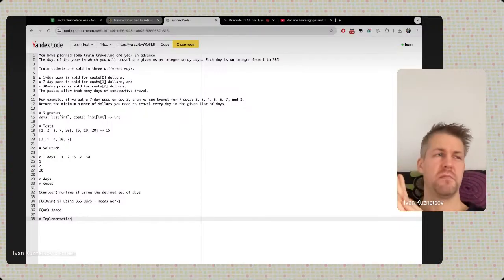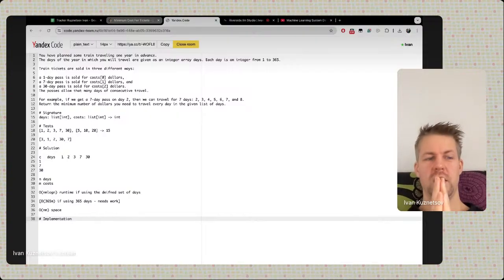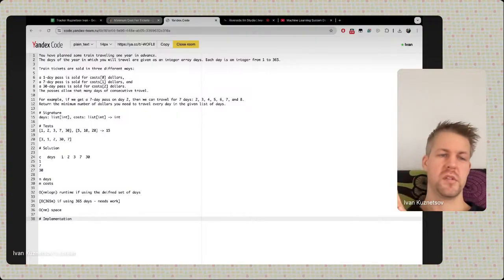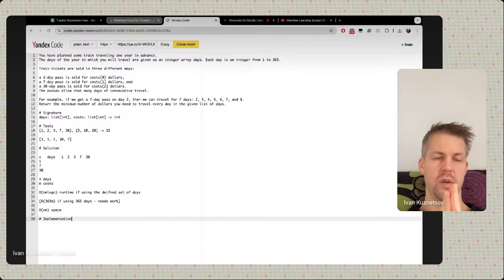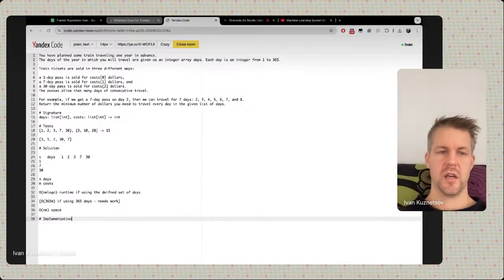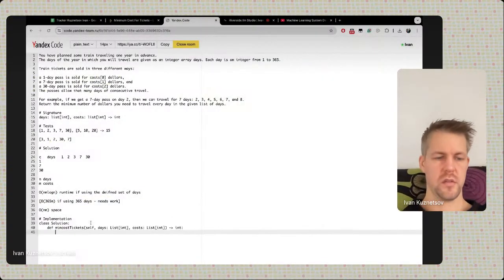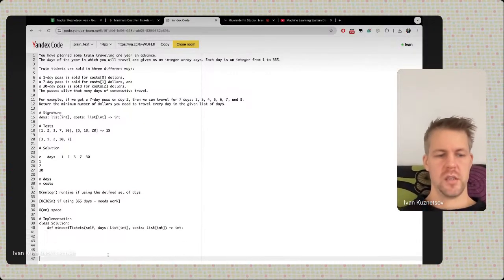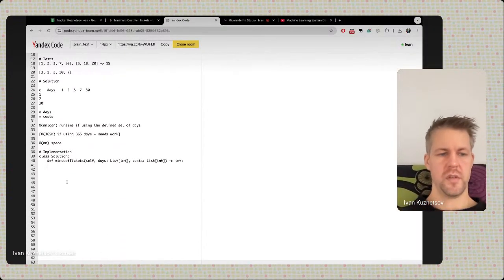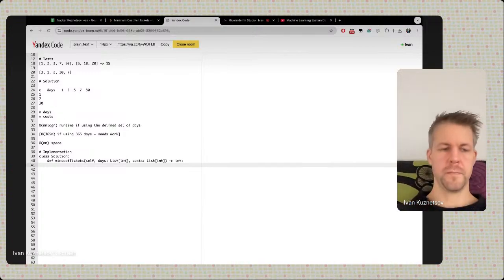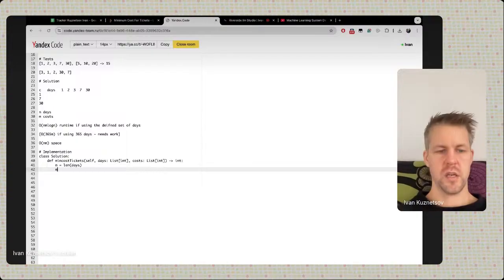So we start with zeros for all costs at the first day that we are considering. Okay, so let me copy this. And I'll be writing now the dynamic programming solution. So n is length of days, m is length of costs,